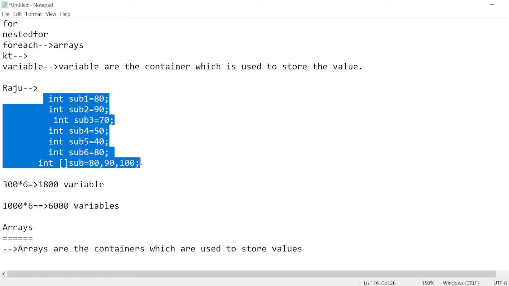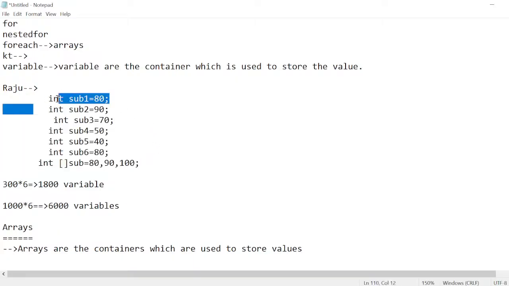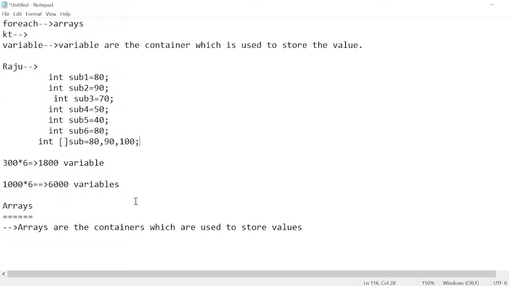This is not a good way to program, creating so many variables. So that is the reason we have the concept of arrays, guys. Arrays are the containers which are used to store the values. Next point is